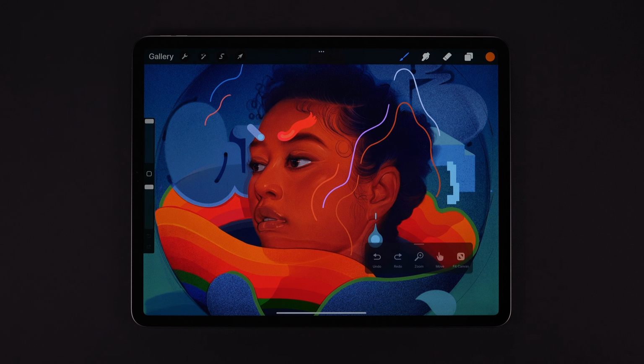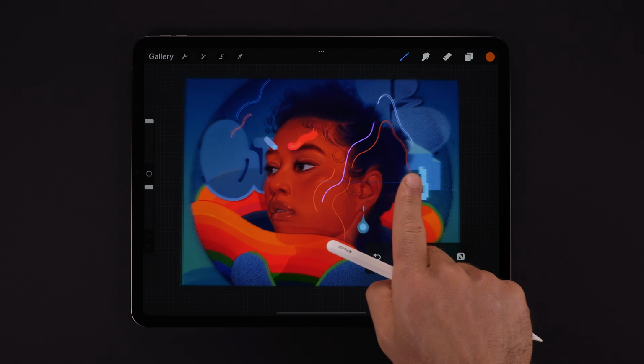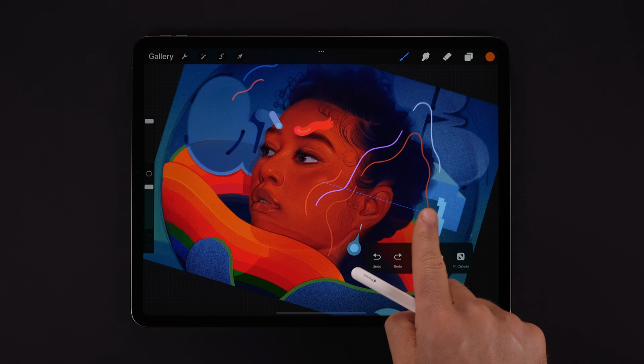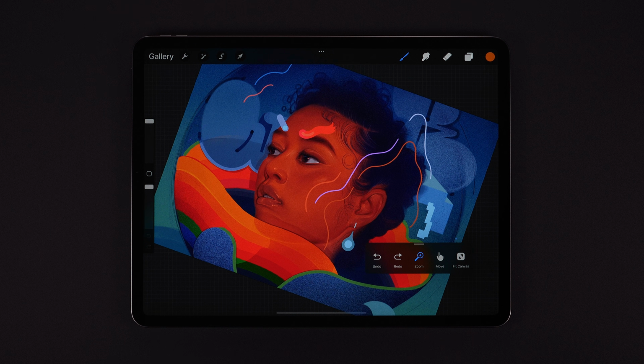The first new thing we can see here is our Single Touch Gestures Companion. On the left side are the undo and redo buttons. Next across is Zoom. If we toggle this on, now when we touch, a control line is drawn to the center of the canvas, and we can then drag in and out or around the center to zoom and rotate our canvas, and toggle it off when we're done.